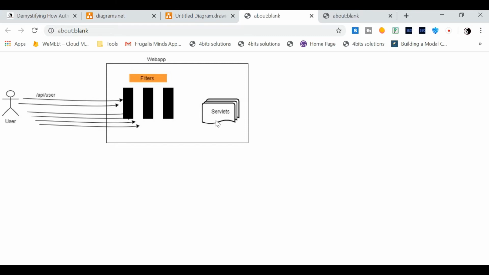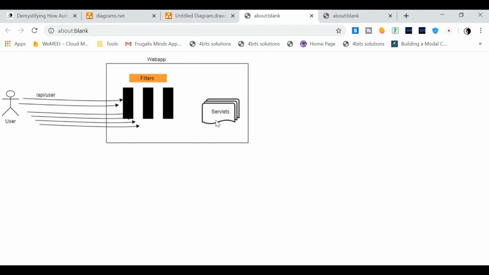This looks fine. Now suppose there is some kind of pre-processing that we need to do, or let's go a bit deeper where I have to implement security. What would I do? I would write a simple filter to authenticate or validate the particular user or request.